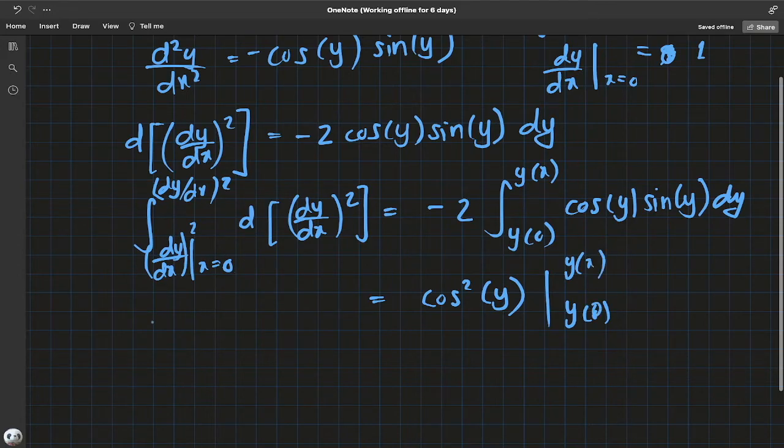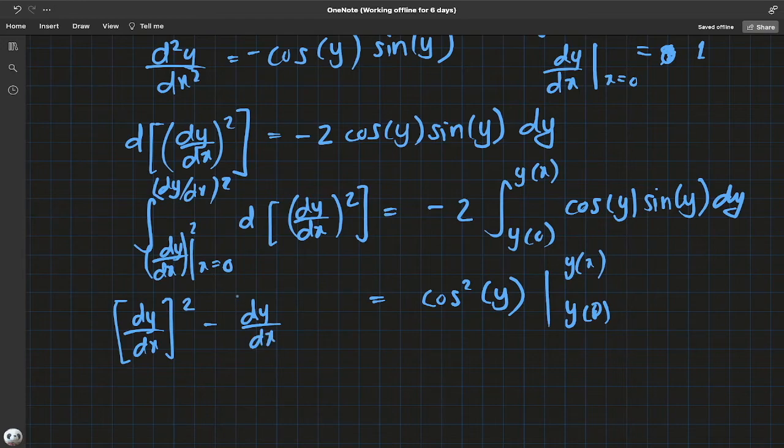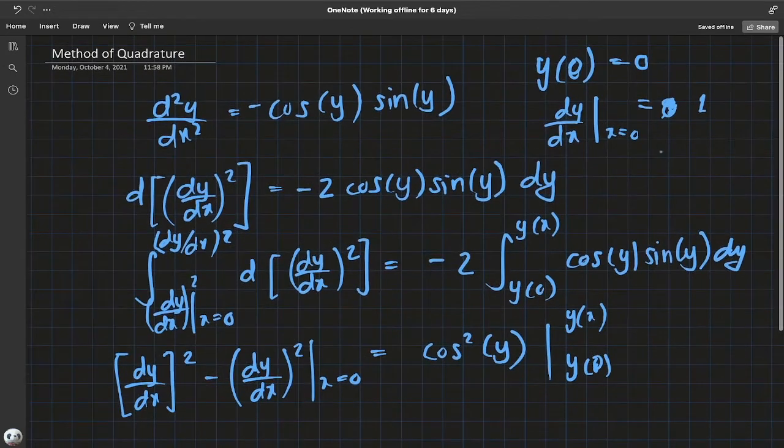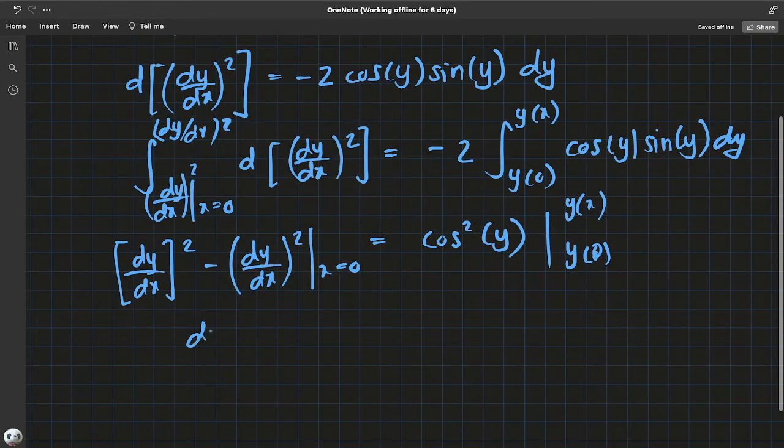And then this just becomes dy over dx quantity squared at x, minus the quantity squared when x equals 0. So when x equals 0 it's 1, so the 1 squared is 1. So you just have this minus 1 equals,